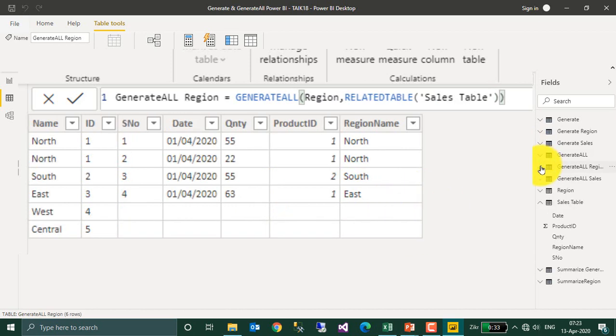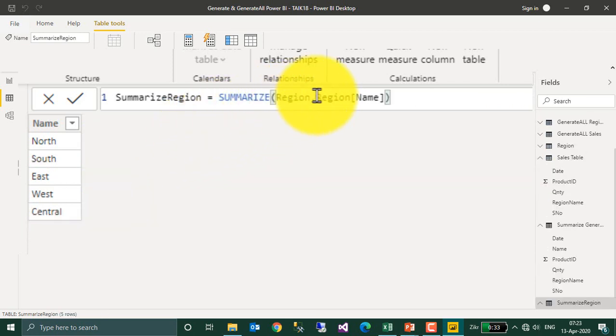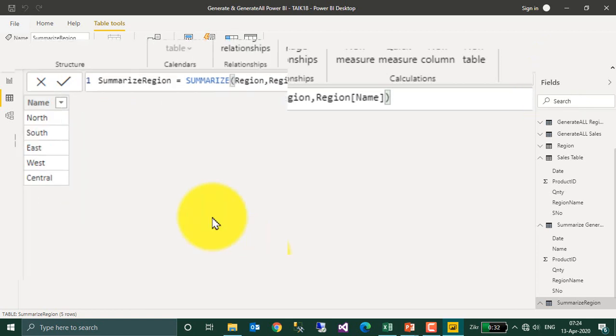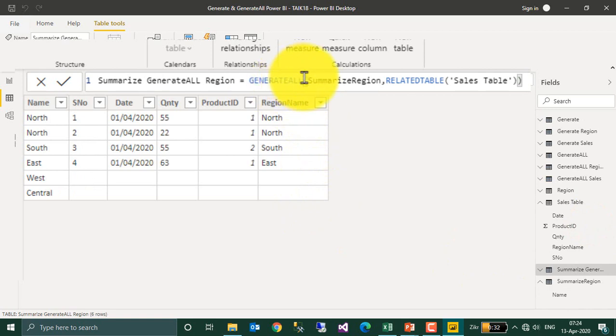Now, not only that, you can use the summarize function as well in this DAX function. If you look at this, for the summarize function, SUMMARIZE(region, region name) just returns the summary of the region name. I have made a video about the summarize DAX function. If you haven't seen that, just click on the link given on top of your screen. Now coming back to this one, the summarize generate all.